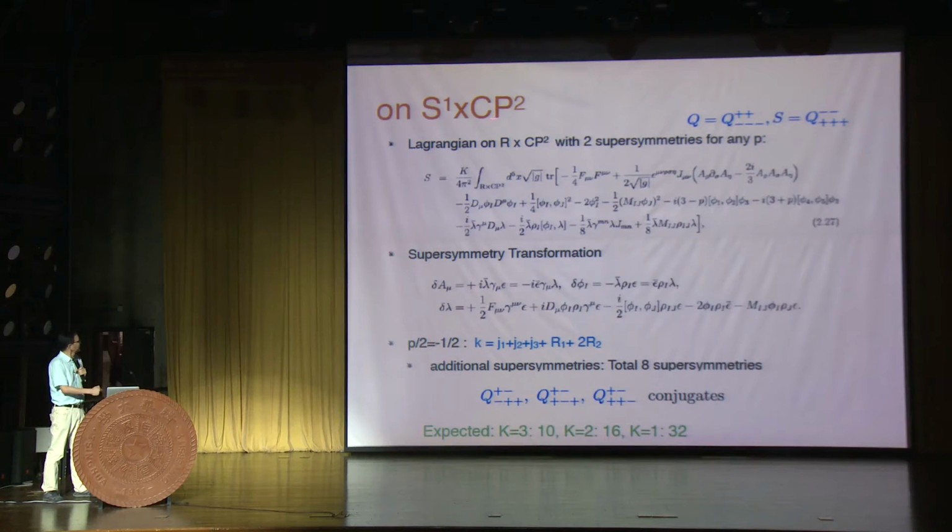This is the theory on S1 cross CP2, and one can choose twisting such that one can preserve A supersymmetries with the parameter being fixed, in which case one has a Yang-Mills term, and we have a 3D Chern-Simons term wedge product with a scalar 2 form on CP2, and all the coefficients are locked to each other, so there are no additional degrees of freedom, and the overall coefficient is quantized as K over 4 pi square. And so this one has 16 supersymmetries, and one expects that when K equals 1, 2, 3, it has enhanced supersymmetry like 10, 16, and 32.